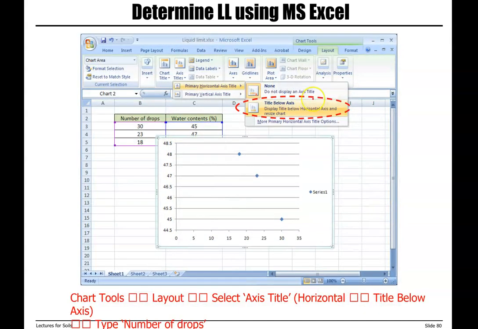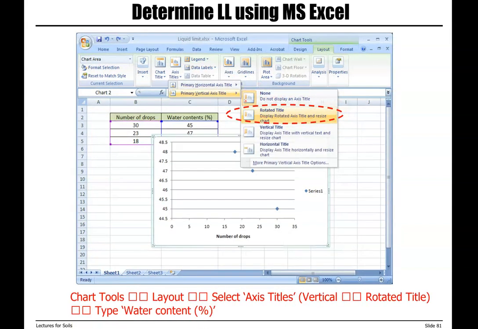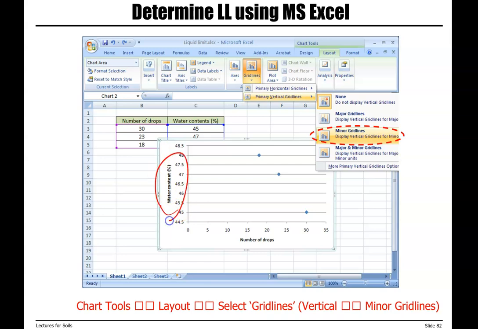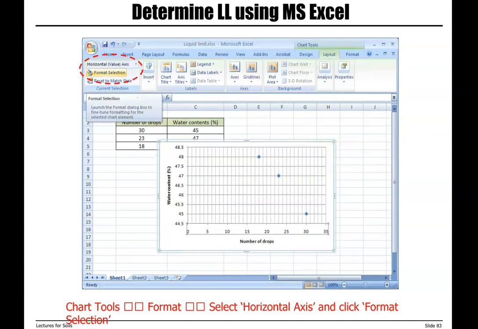Then you need to add the axis titles for your horizontal and vertical axis. So horizontal is number of drops, vertical is water content. Then you need to add minor grid lines. So you go to minor grid lines and select vertical minor grid lines.